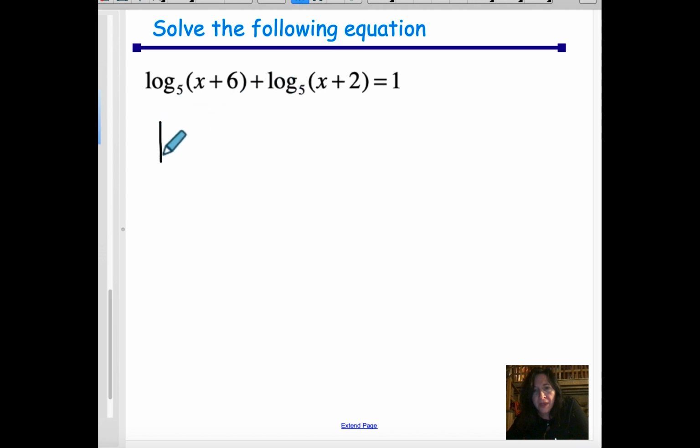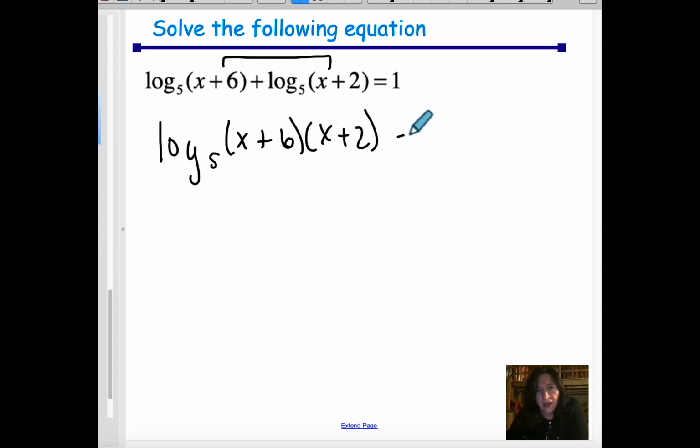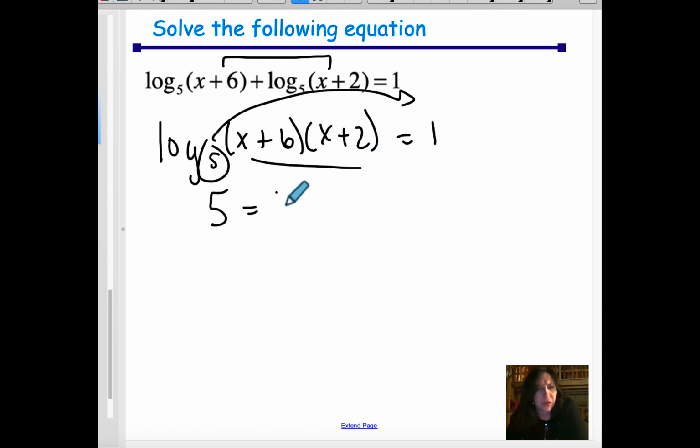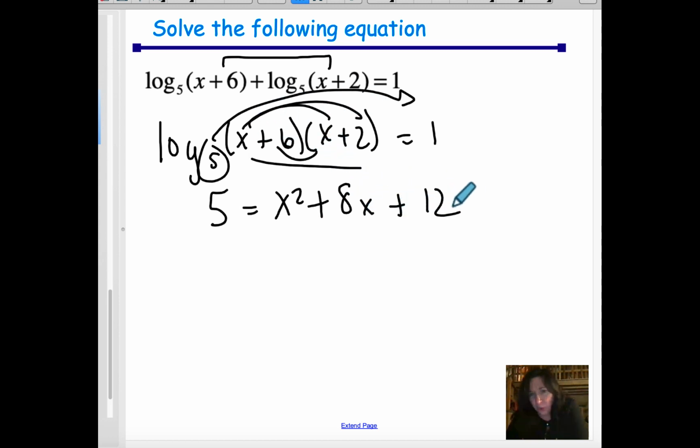Combine like terms. We got log base 5. And these two are going to combine because that's adding, meaning multiplication. x plus 6 times x plus 2 equals 1. Base 5 to cross the equal sign. So that's 5 to the 1 power, which is 5, equals this value, which is x squared plus 2 plus 6, so that's plus 8x, and then plus 12. Bring this over to the other side, you get 0 equals x squared plus 8x, and don't forget to subtract the 5,